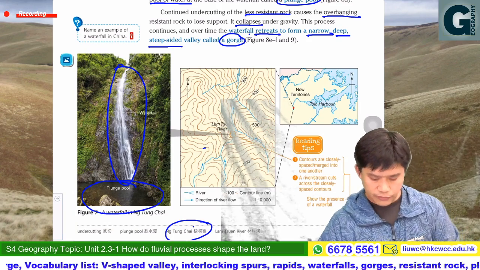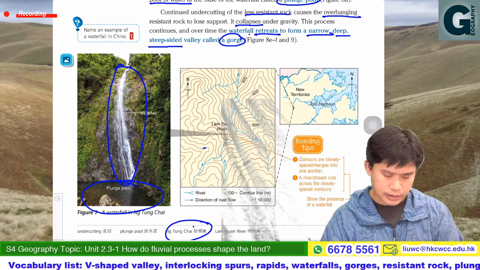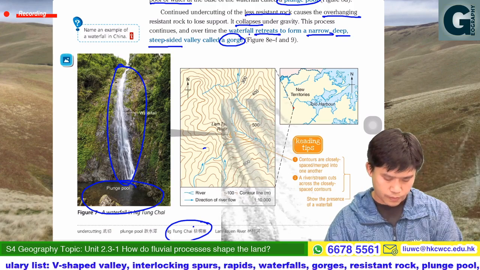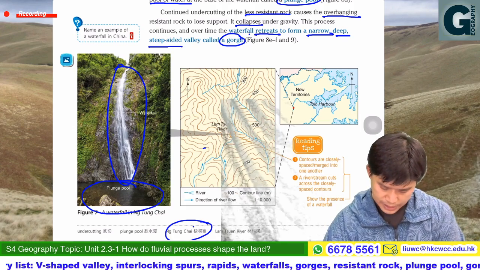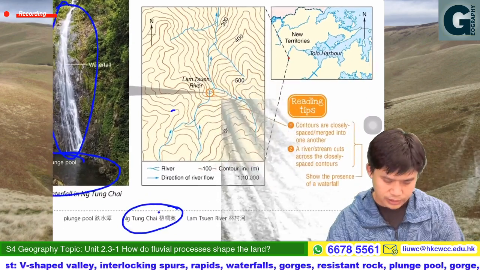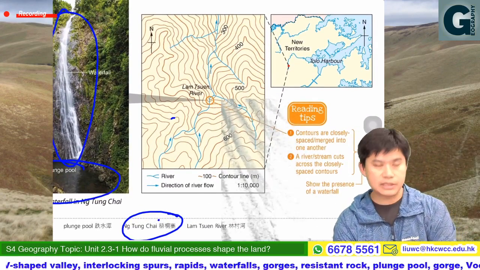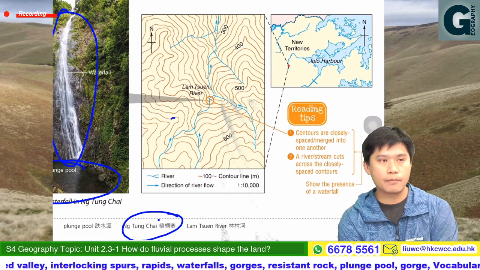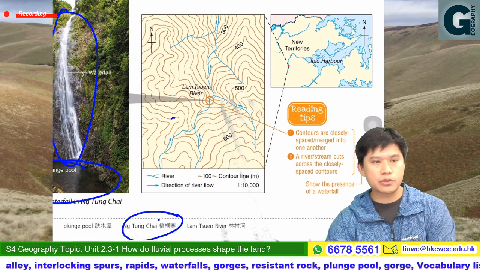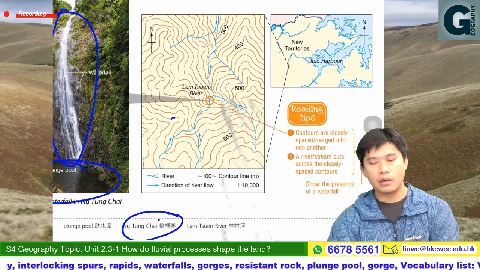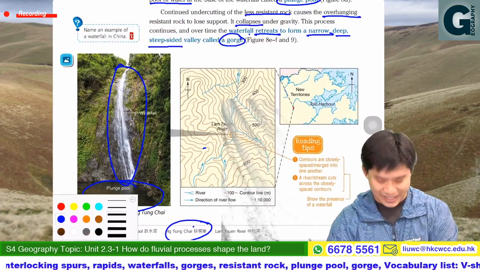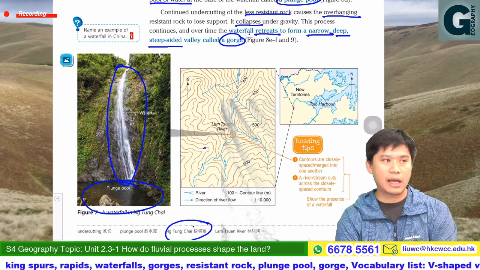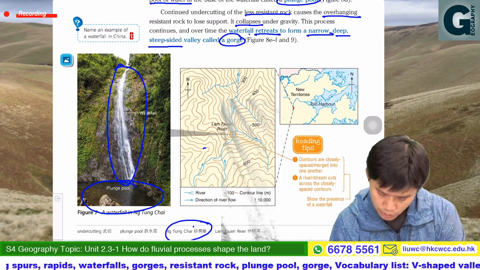Okay, so that is about the formation of waterfall and plunge pool. And then here on page 39, you can also see map reading skills. Can we observe any waterfall in the map? Of course, yes. But what would a waterfall look like in a map? So please mark